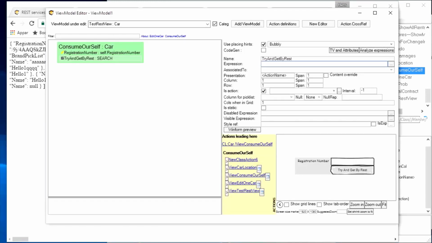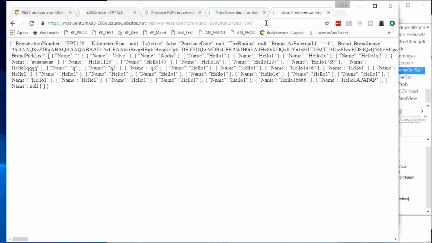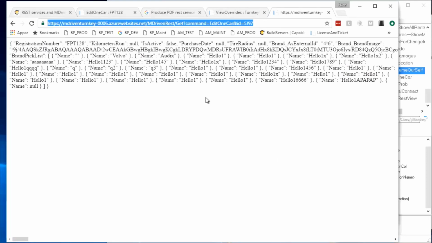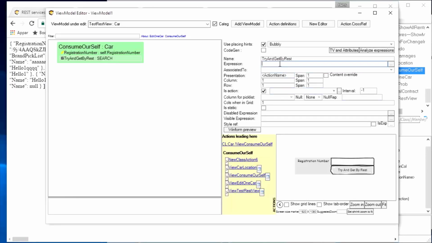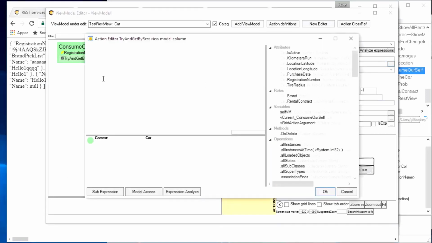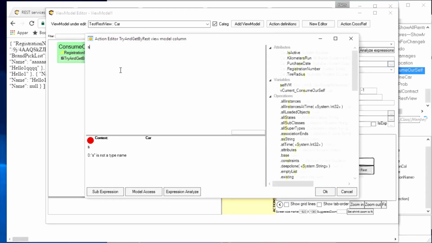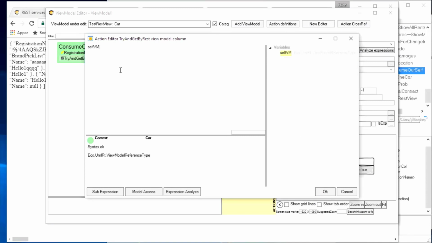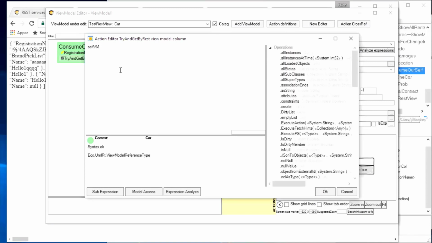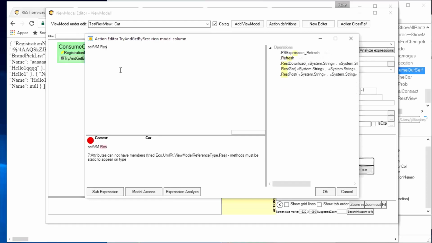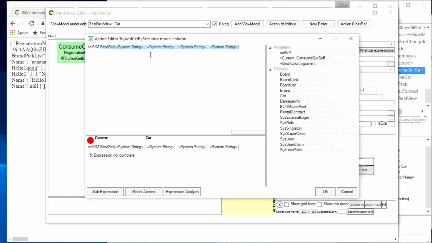So basically we would want to do this in here, and self VM is the one that has the new REST operators, REST get, and I might have been a little fast because